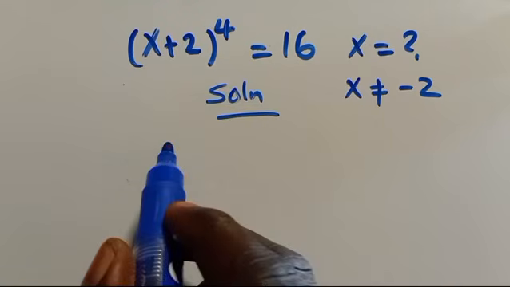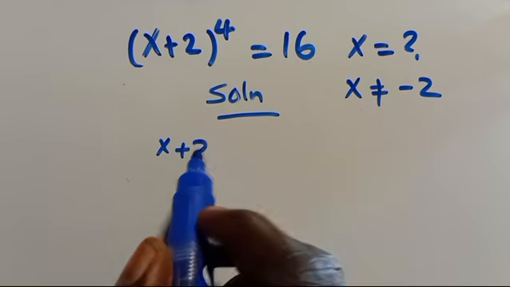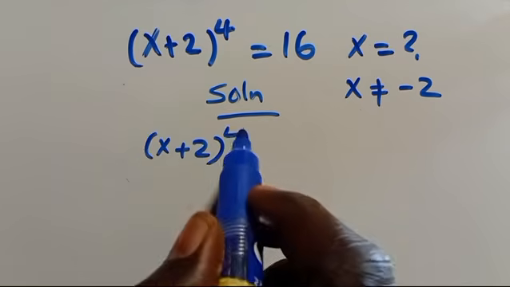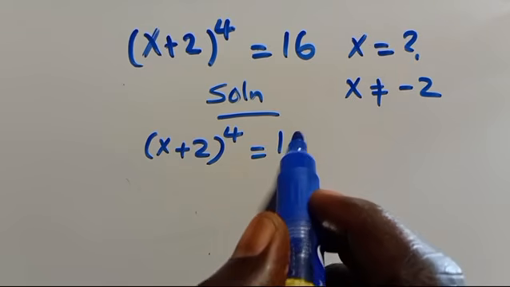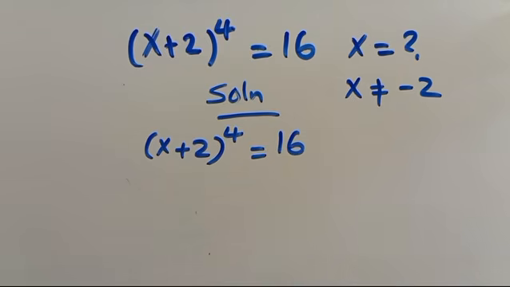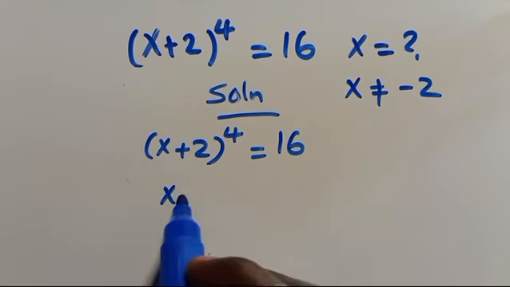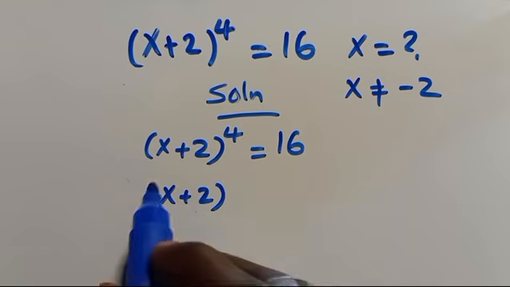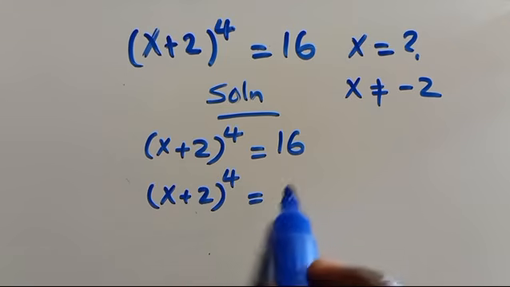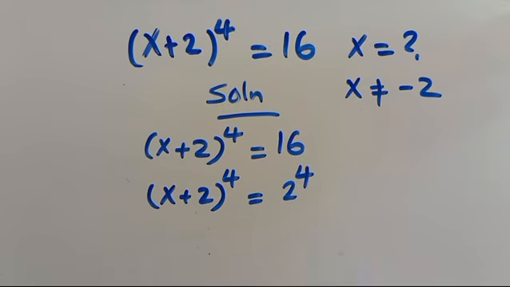We have (x + 2)^4 = 16. But let us note that we can write 16 in base 2, so we have (x + 2)^4 = 2^4. So when we have something of this nature, let us recall from the law of indices,